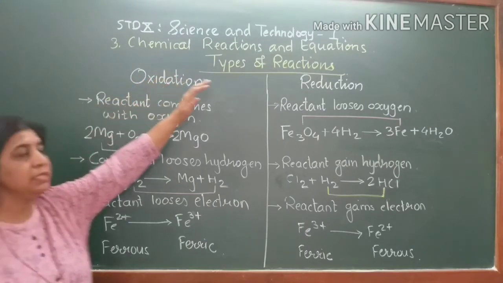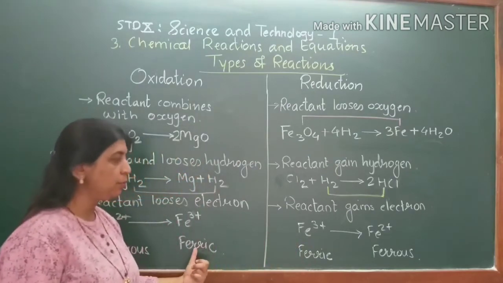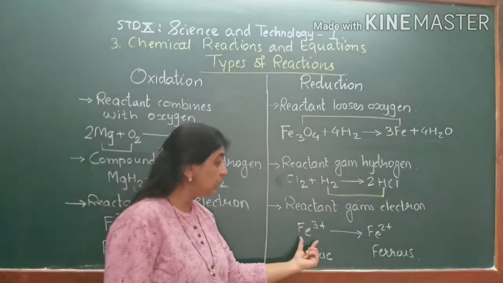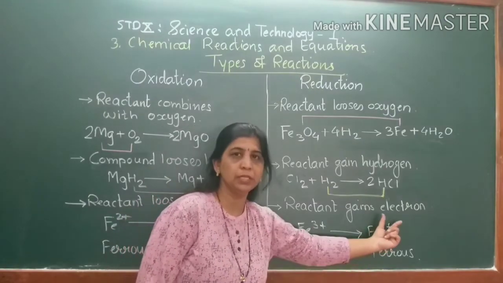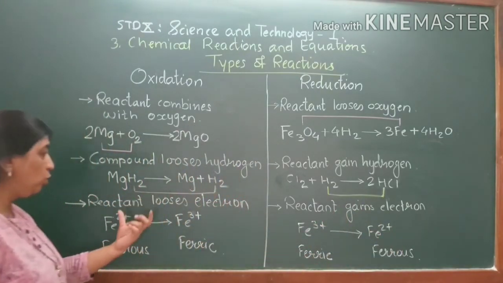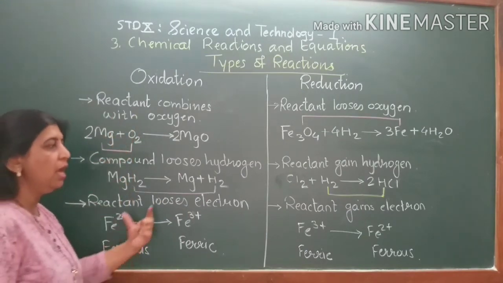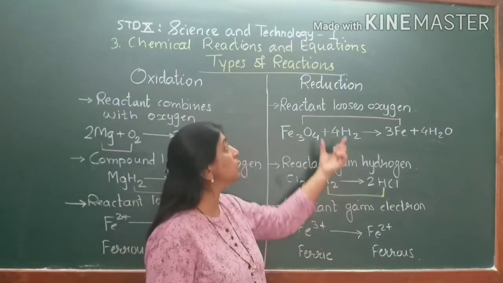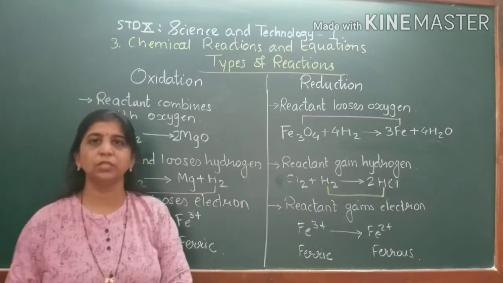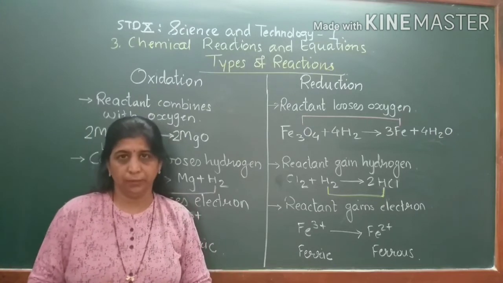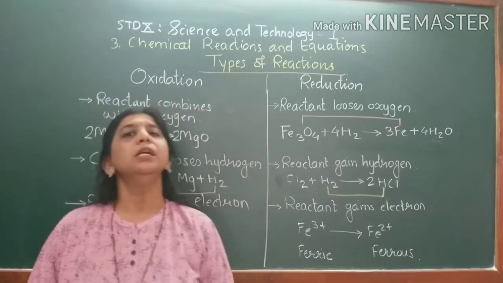Let us see what happens in a reduction reaction. In a reduction reaction, exactly opposite of oxidation, Fe3 plus gains an electron and it forms Fe2 plus ion. So, when losing of electron occurs, it is nothing but oxidation reaction, and when gaining of electron occurs, it is nothing but reduction reaction. Generally, these two reactions occur together, and when oxidation and reduction occur together,